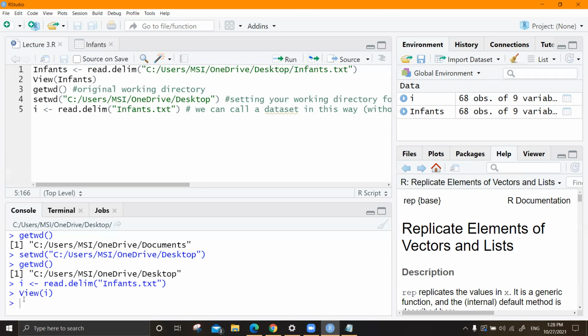Okay. Yeah. But the thing is, why it is important is, it's not always you are dealing with the same data set all the time. Within a project, you can have a couple of data sets combined. In that case, you don't have to keep on calling the file location all the time. If you set your working directory to the place which is convenient with you and you have all your files there. So we are discussing a very basic one.